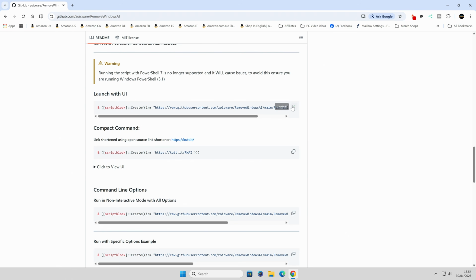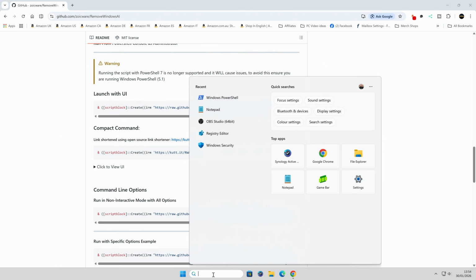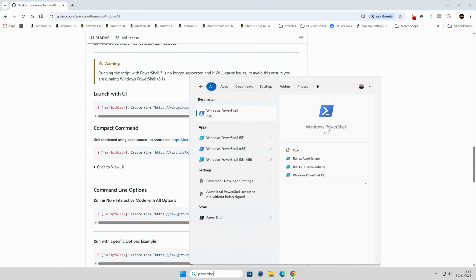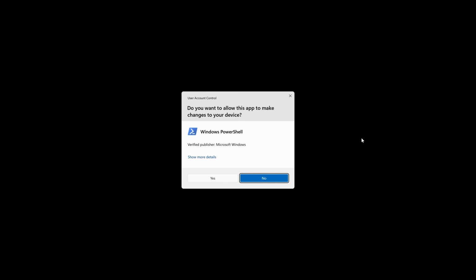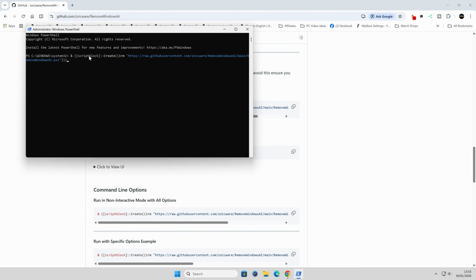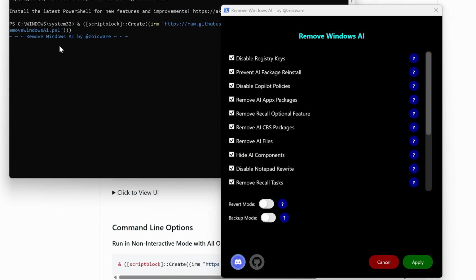So copy this section here, and then we want to go and type in PowerShell, and we will run as administrator. This is very important that you run as administrator, otherwise it actually can cause more problems than it will try to fix. So if you have user account control enabled, click on yes, and you'll get this window up. Now we can paste, so Control V puts that in there so you can see the script, and when you're happy, just press enter, and it will start running in the background with PowerShell,